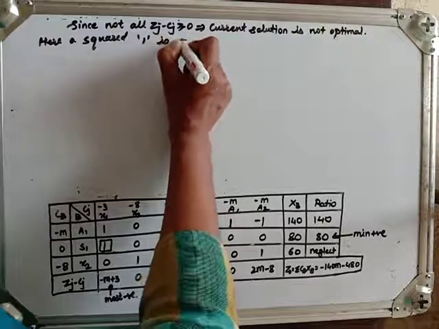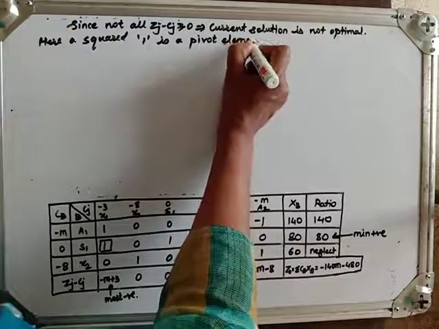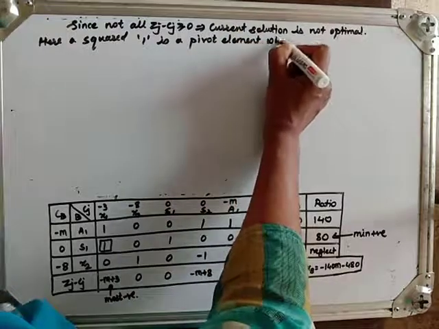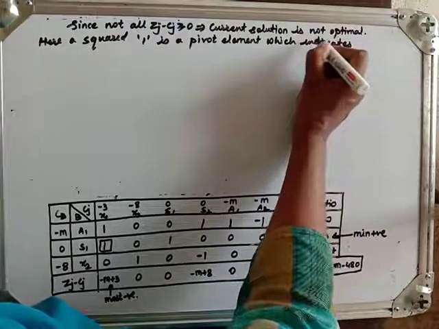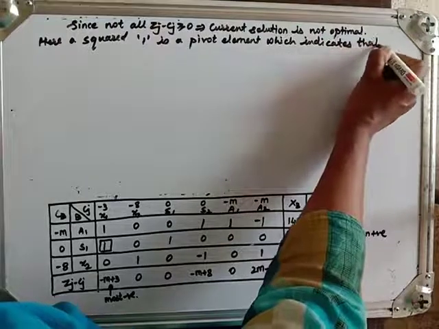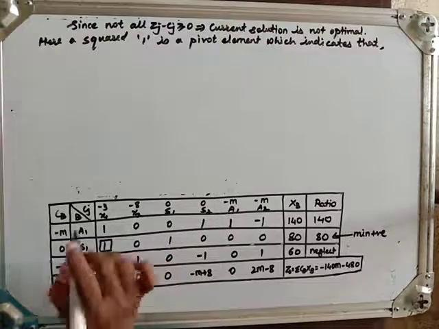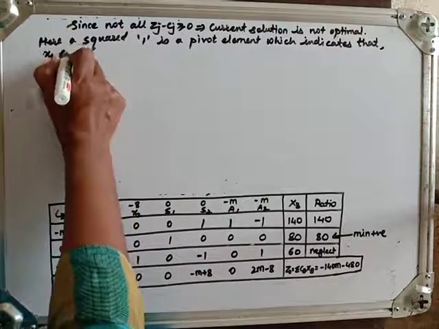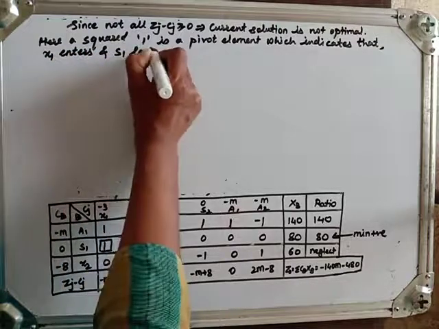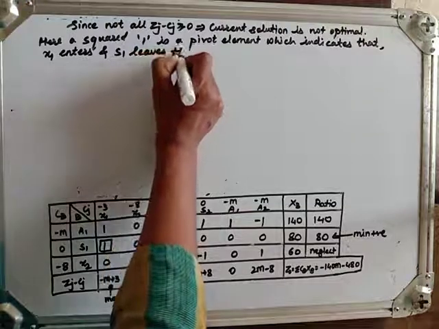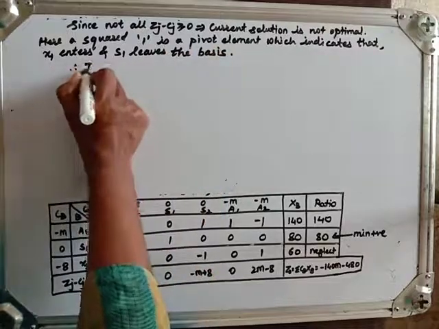Squared one is a pivot element which indicates that which variable wants to enter in a basis x1 and s1 leaves the basis. x1 enters and s1 leaves the basis. Therefore improved table is